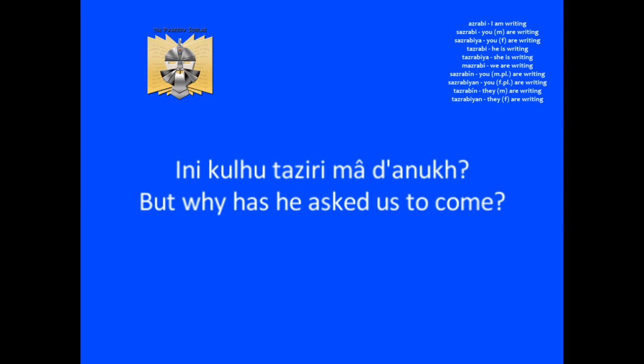Earlier we saw that ama is we, and now we see the word us, which is ma. Again, you surely see the similarity here with all things related to this first person plural. For instance, we add ma to the stem to indicate we are doing the action in the perfect tense. Ma as a separate word means us. Ma added as a prefix in the imperfect for the first person plural, and then ama meaning we.